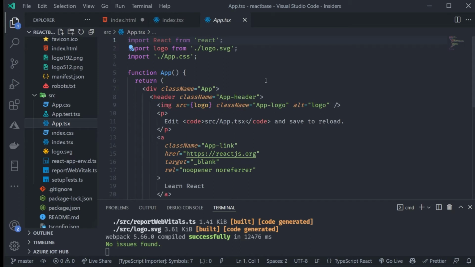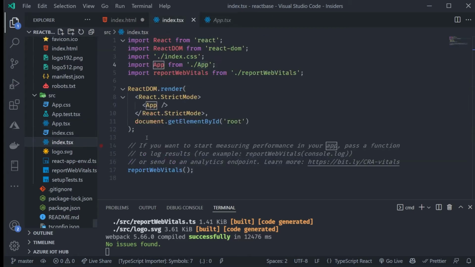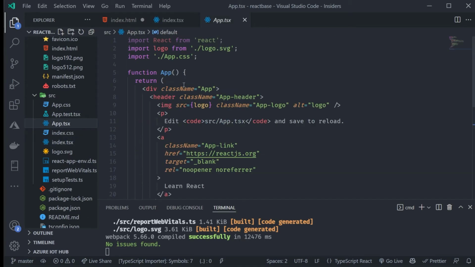So if we look at that, we have a function called app that is returning JSX. Remember, this is basically JavaScript. And then we're exporting app so that we can import it on other pages. And so we export app here, we import it here, and then we can use it once we import it. But we define it here in its own file, and in our return, we have a div and a header